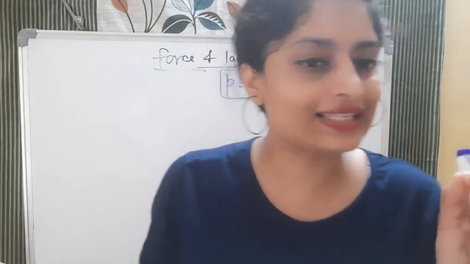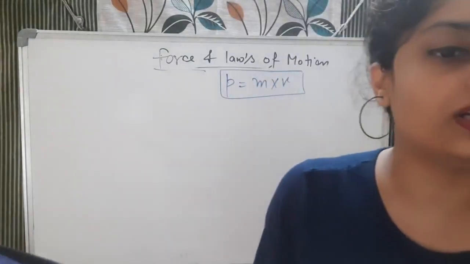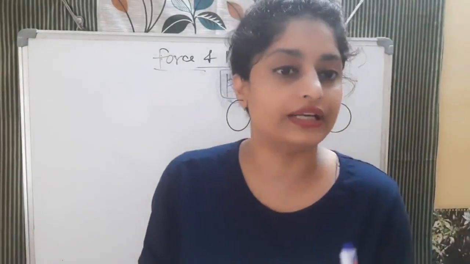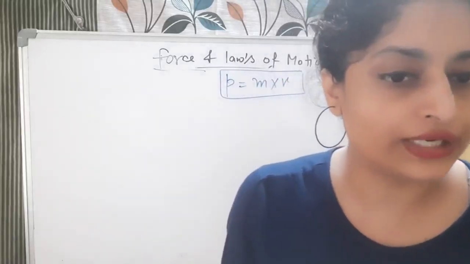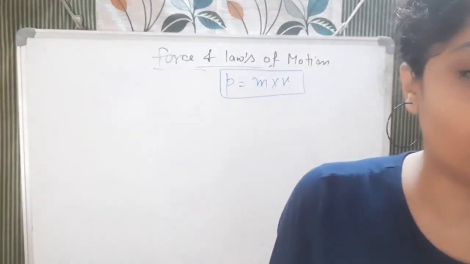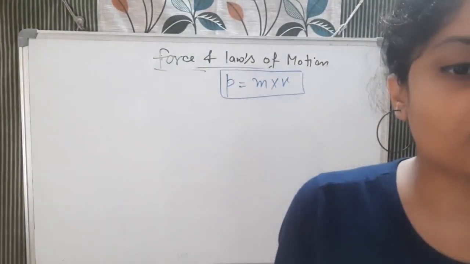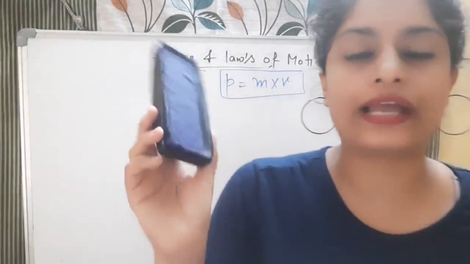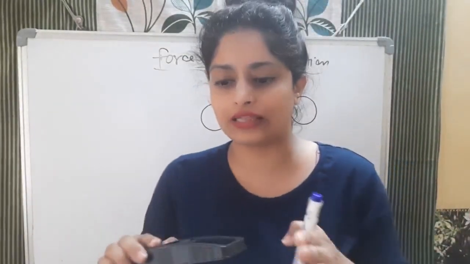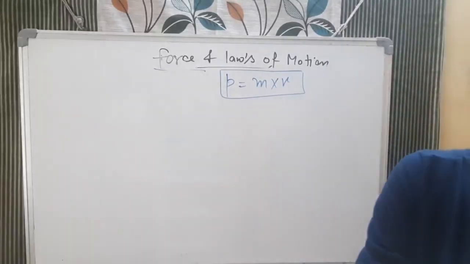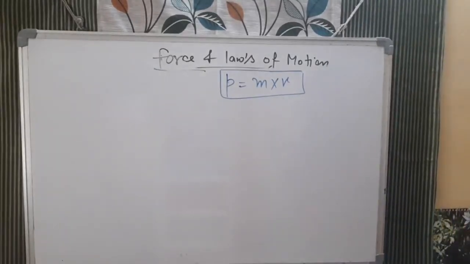So now the question is clearly saying that using a horizontal force of 200 Newton, we intend to move a wooden cabinet across the floor with a constant velocity. What is the frictional force that will be exerted on the cabinet? So what will the maximum force be? That will be 200 Newton frictional force, because if you apply more than that, it will move. So what will be the frictional force? It will be 200 Newton. That will be your answer.